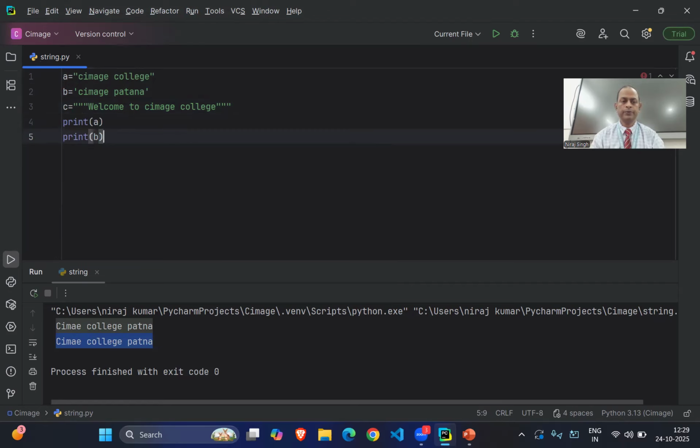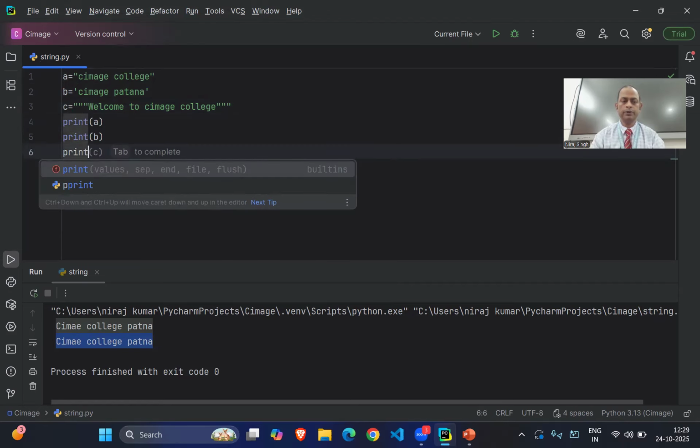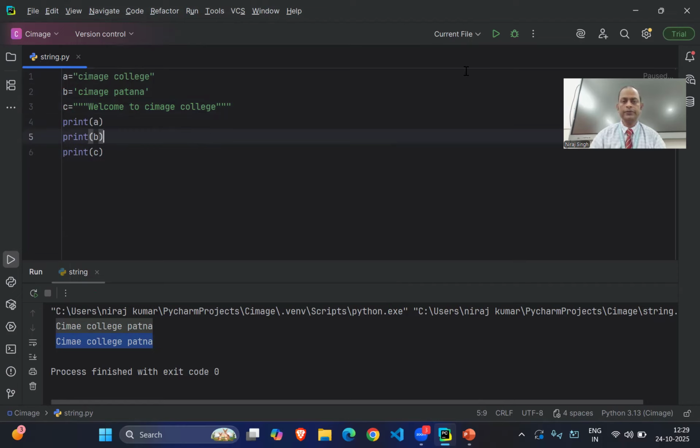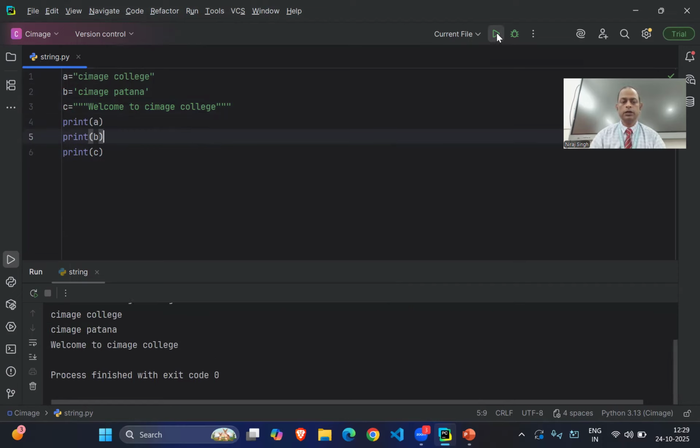Print B, and also print C. So this way you can check the output, and now you can see the different ways we can create the string variables.